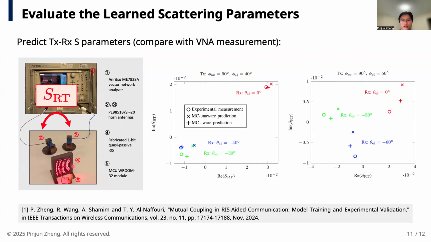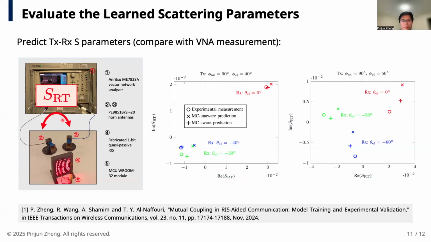Here we assume there is no multipath as they are so close to each other in this near field. So as long as we know the positions of these components, we can derive the wireless channels between them. The path loss can be calculated using the free space path loss formula. And with the RIS response and S matrix, we can predict this end-to-end S parameters,